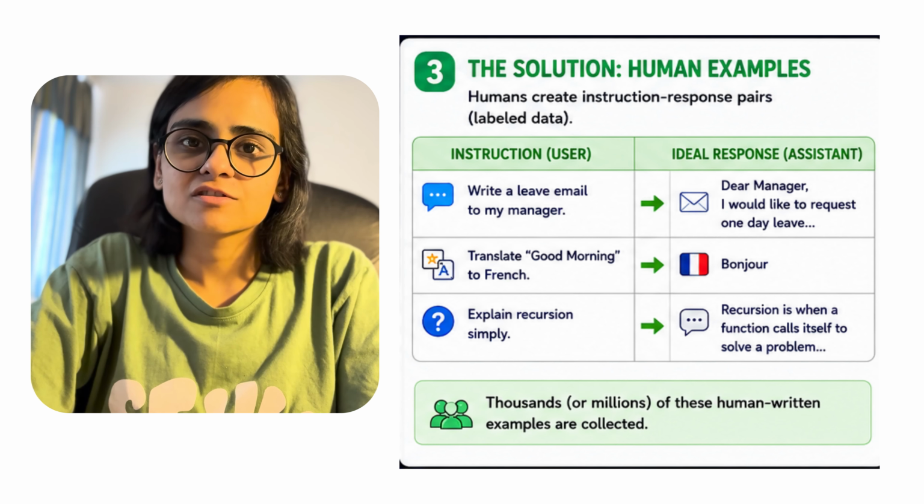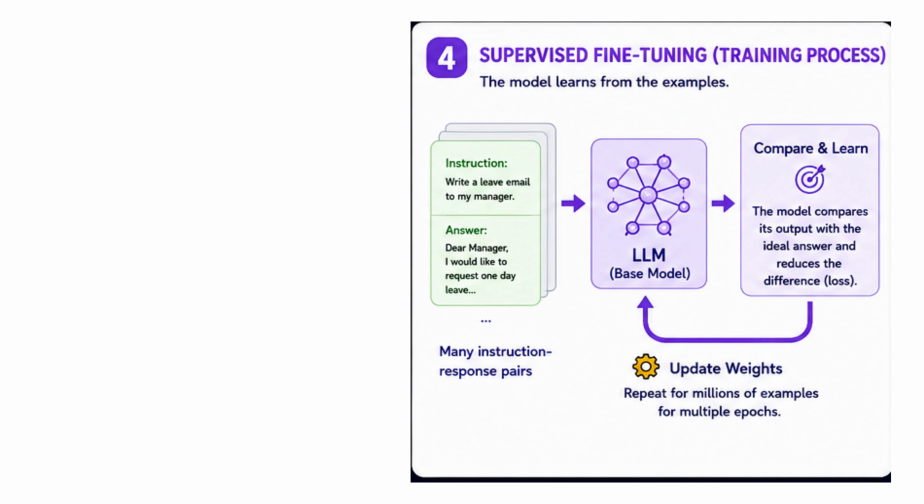So why do we need post-training? The problem is that even though your model knows everything and is able to come up with the next most probable token, it is still not able to follow instructions. So what is the solution? The solution is to train your base models with instruction response pairs so that they're able to follow your instructions. This process of training the LLM models with labeled data is known as supervised fine tuning.